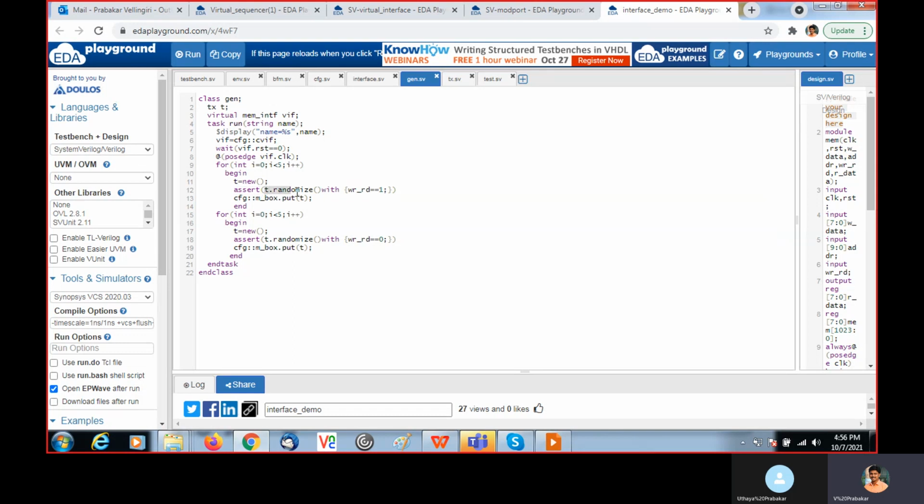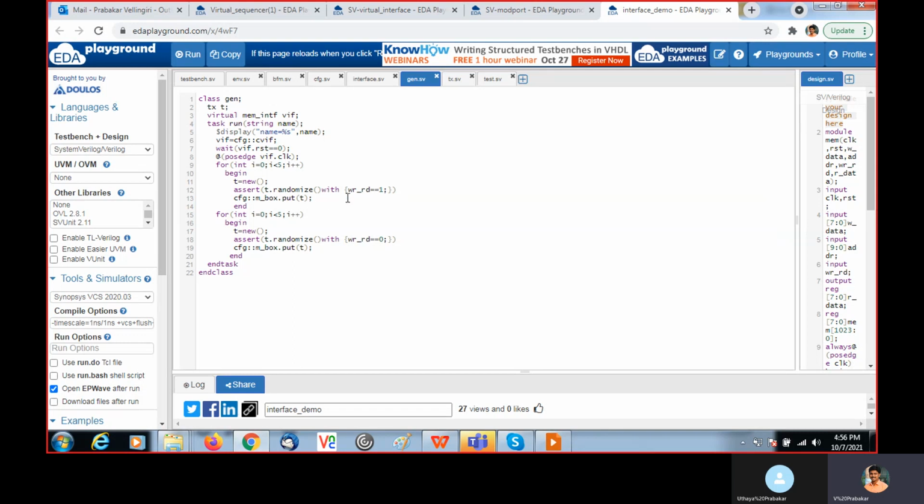Assert, we are randomizing T with an inline constraint. We are keeping the write read signal as 1, because I am going to perform a write operation, so I make this write read signal as 1 with the help of inline constraint during randomization.